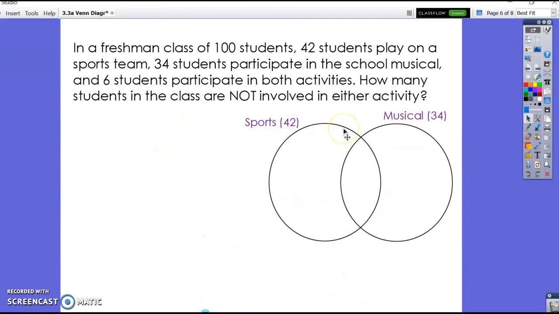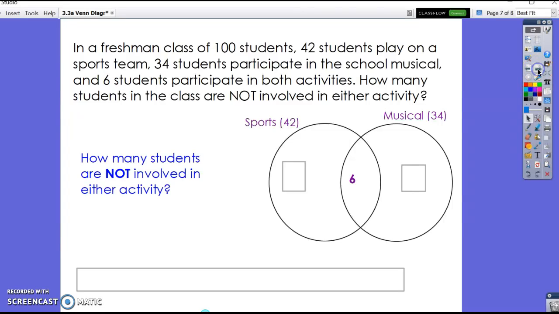Let's look at another problem. So in a freshman class of 100 students, 42 students play on a sports team, 34 participate in the school musical, and 6 participate in both activities. So how many students in the class are not involved in either activity? Right now would be a really great time to pause the video and try to fill out the Venn diagram